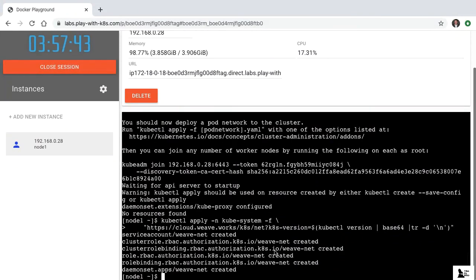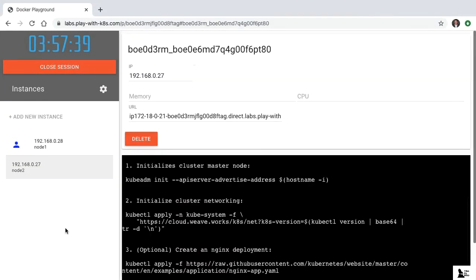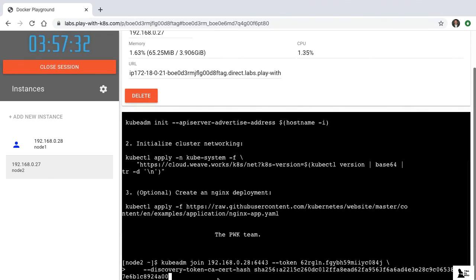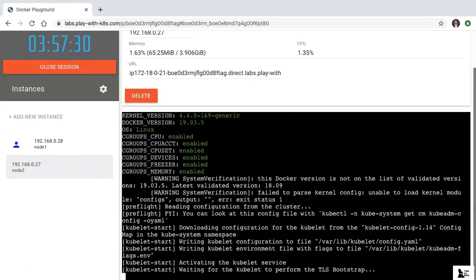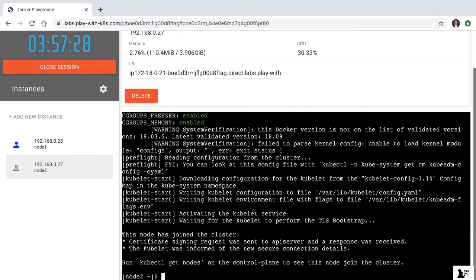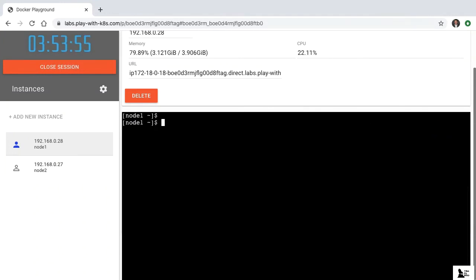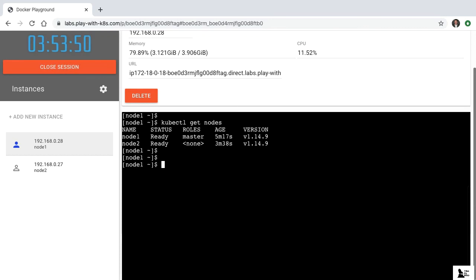For example, here at Play with Kubernetes, I've got a single master node, and if I add a second node, I can then join that second node to the cluster using Kubeadm join. The exact join command was provided, of course, up here by the master node. If we go back to the master node, and once that Kubernetes node is ready, which you can see it now is node 2, we can easily create a Kubernetes deployment